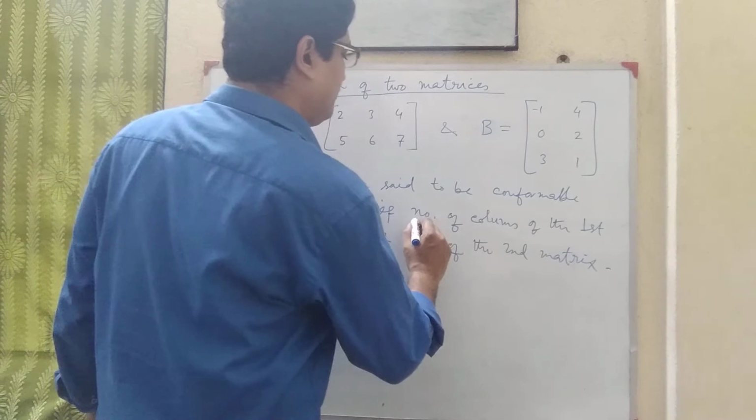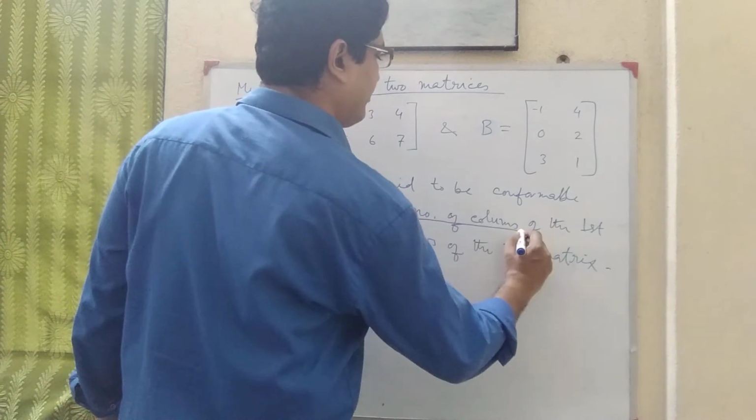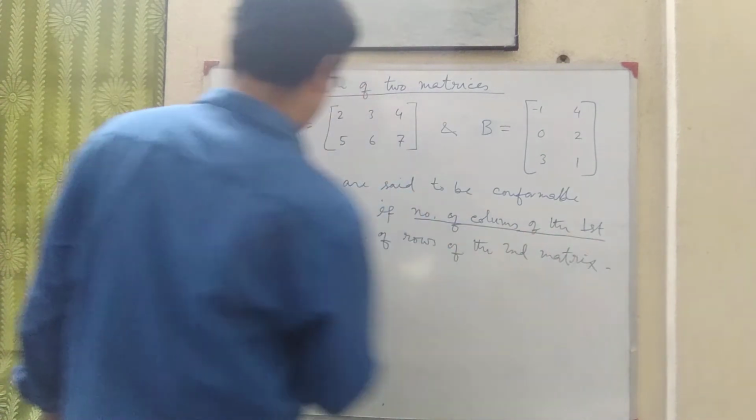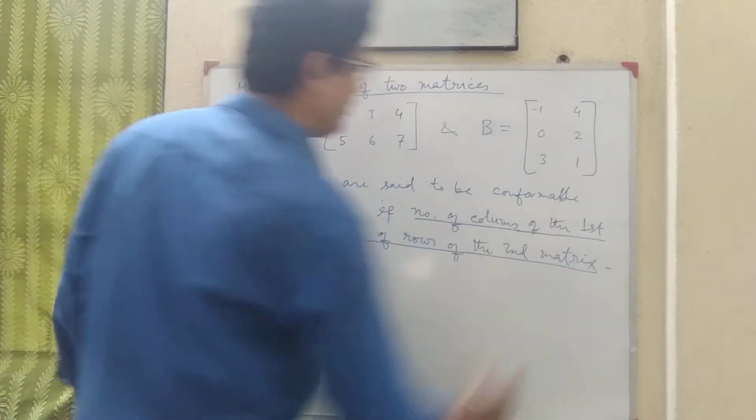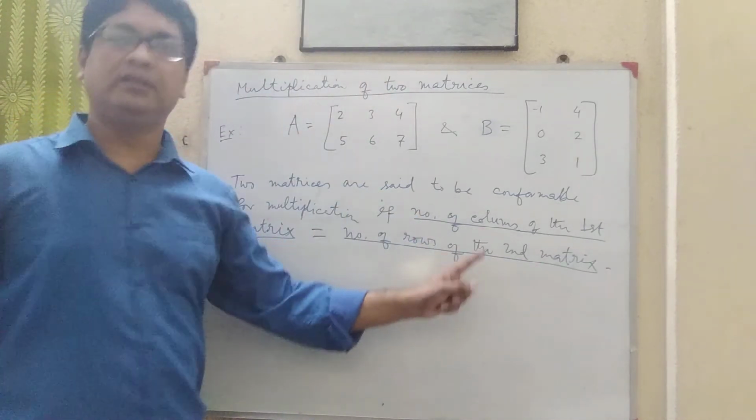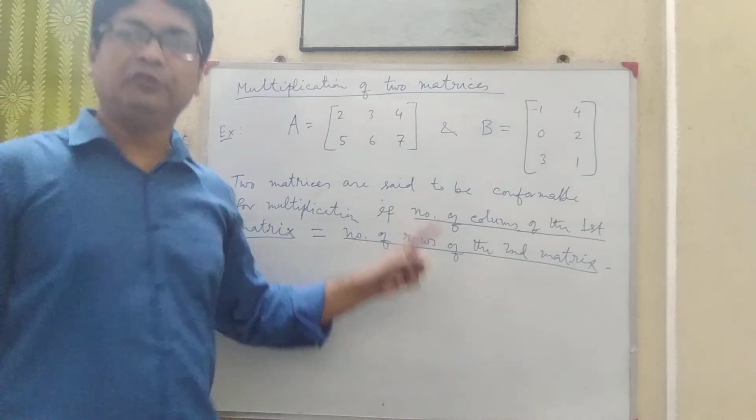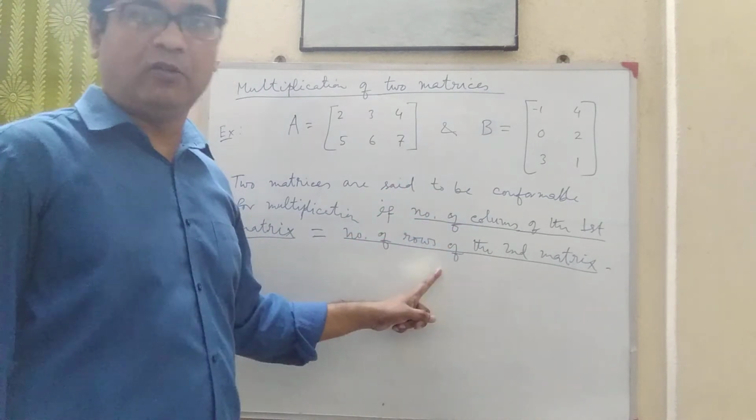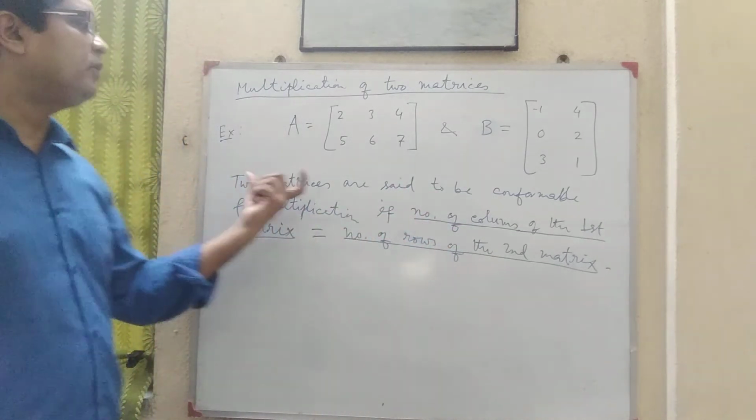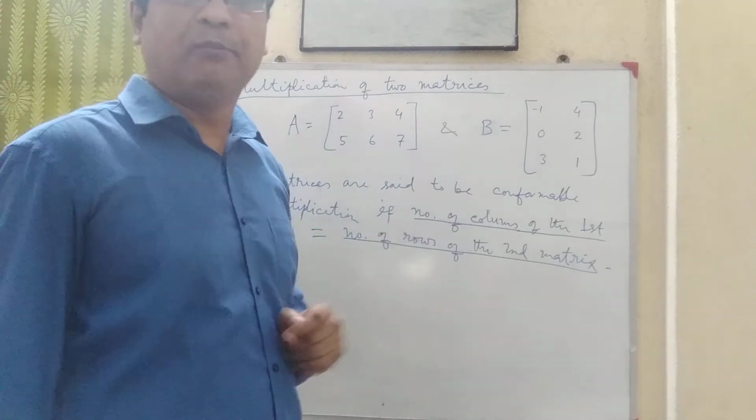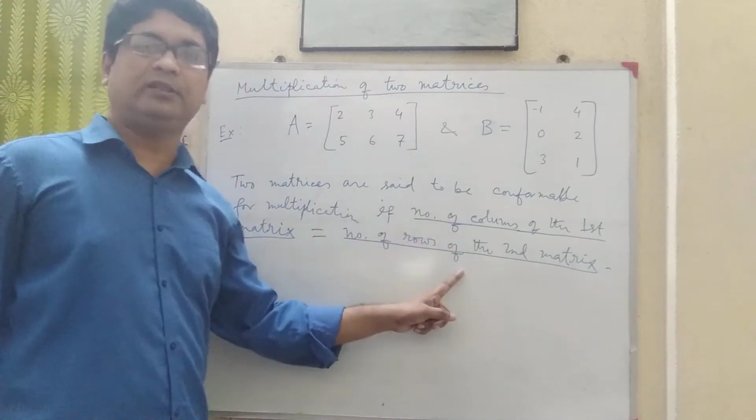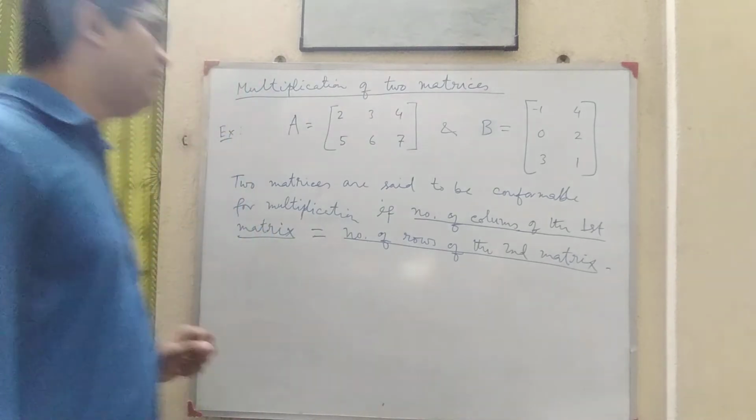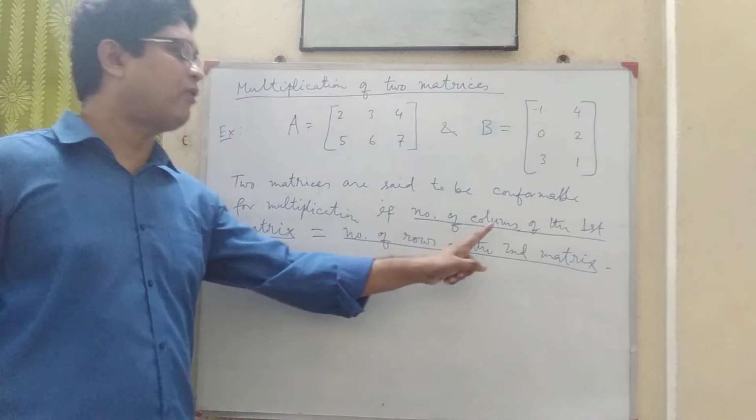Number of columns of the first matrix is equal to number of rows of the second matrix. This is the condition that must hold so that two matrices can be multiplied. Otherwise, two matrices cannot be multiplied if this condition does not hold. So you have to first check whether the number of columns